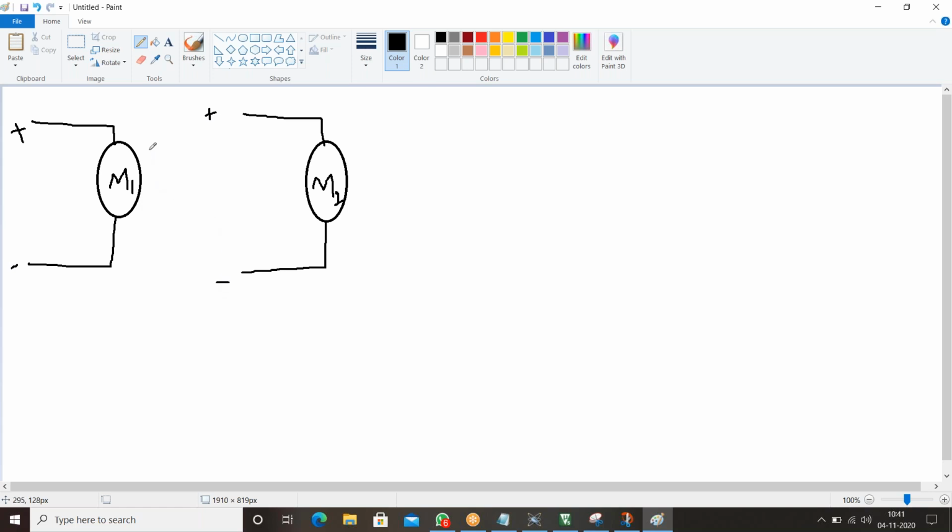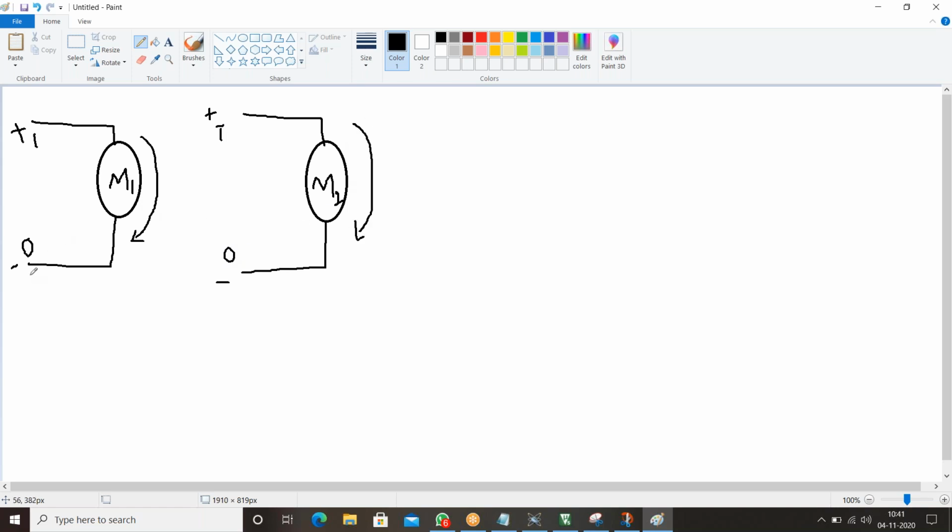So guys, if the motor wants to rotate in forward direction, here you have to give logic 1, here you have to give logic 0, which means that the motor is rotating in forward direction, or clockwise direction. If you give logic 1 at the positive terminal and logic 0 at the negative terminal, motor 2 will rotate in forward direction.